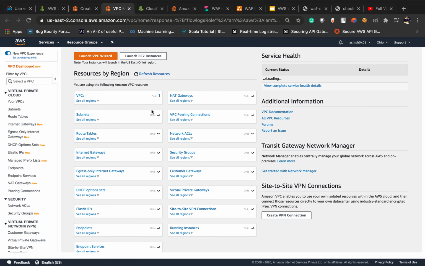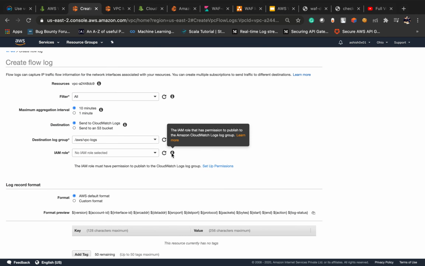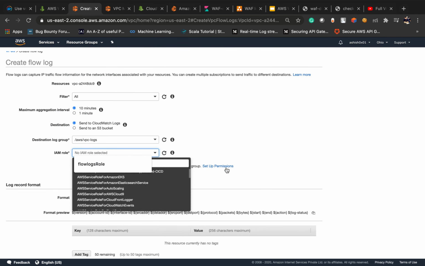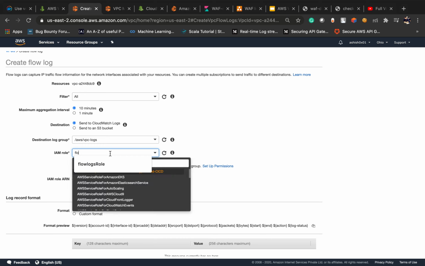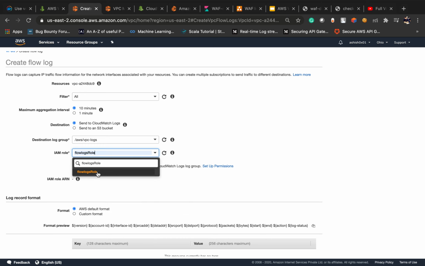So it is created on our behalf. VPC flow log role.